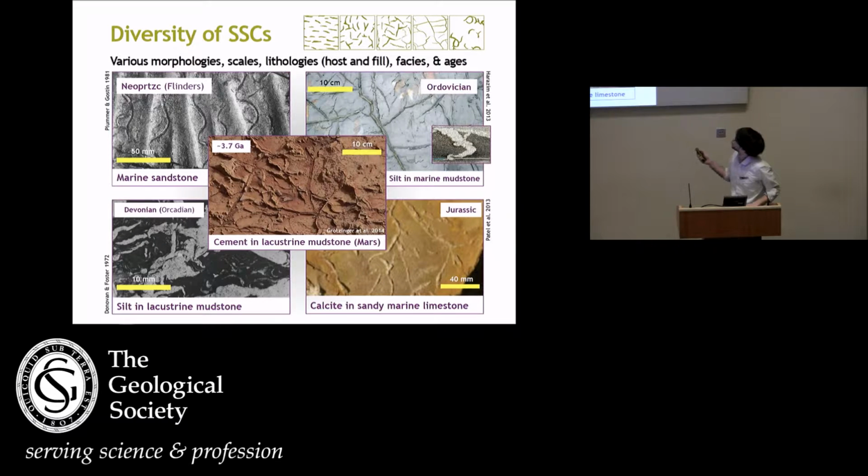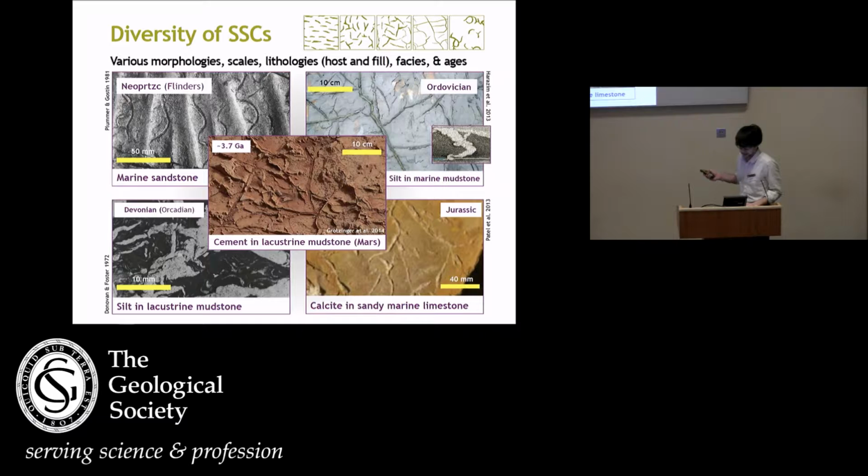There are more branching or polygonal forms, such as these from the Ordovician Beach Formation of Newfoundland. These ones do taper downwards, and some of them also bifurcate. You can see there in cross-section. A well-known example is in the Orcadian Basin of northeast Scotland, which is one of the places they were first described as having formed subaqueously. This is a lacustrine setting, of course.